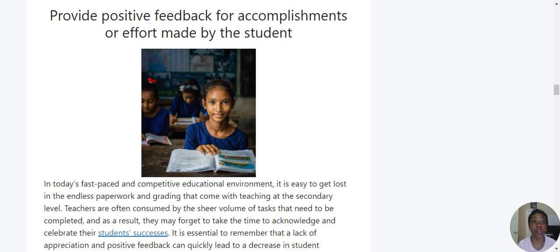Another thing too is making sure that we're giving them positive feedback for their accomplishments. I think that's something else that is very easy to forget to do, especially if you have large classes, you teach public school, there's a lot going on. You're just trying to make it through the day sometimes. But sometimes it could just be as simple as stopping and telling students, like, I'm super proud of you. You had a really good day today. Things were a little rough yesterday, but today was really good. I'm proud of you. And I think that they do like to hear that.